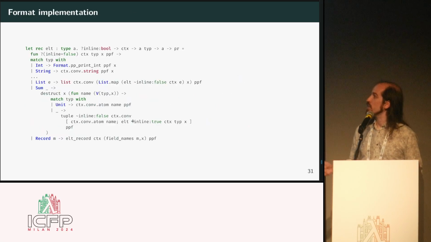And implementing a format implementation is just the classic printer for GADT. You match over the type description. You have some primitives for exposing all the fields defined in a record definition or destructuring a sum type. And